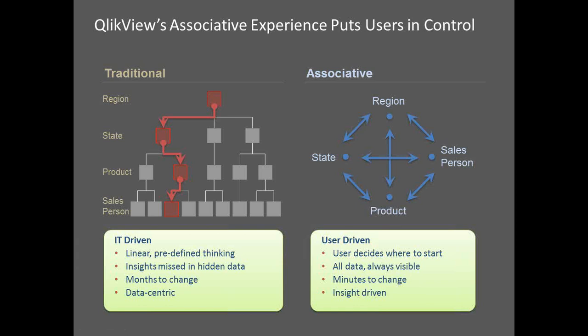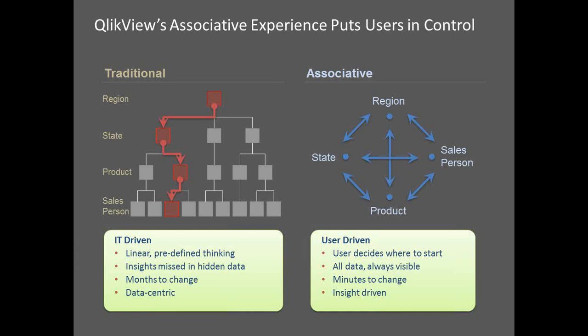And if you have to drill down from a region to, let's say, calendar month, you will not be able to do it unless you have predefined that hierarchy. Whereas in case of QlikView, as you can see on the right side of the screen, the technology itself detects associations between various data. So QlikView will internally identify which state belongs to which region and which are the products that are sold in that particular region, and who are the salespeople who belong to a particular state or region